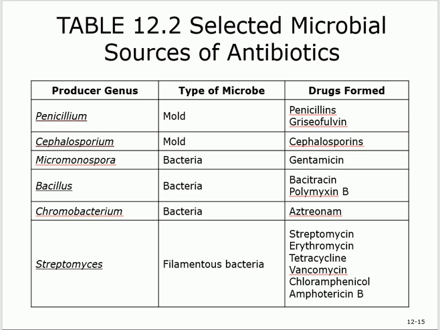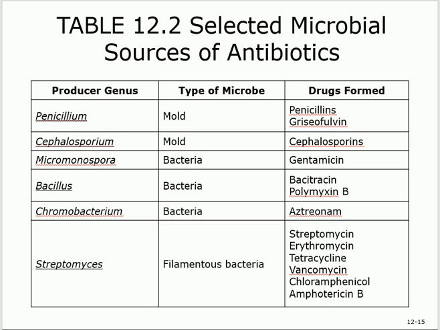So here are some examples, but I told you the most important already. Okay? Penicillium, cephalosporium, bacillus, streptomyces. Streptomycin is the most important one. Just remember, this is good enough to know. Streptomyces, like the previous slide, but here it's giving you the name. So this is a streptomyces. Is this a bacteria or a mold? This is bacteria. What's the name of the antibiotic that comes from this? Streptomycin.